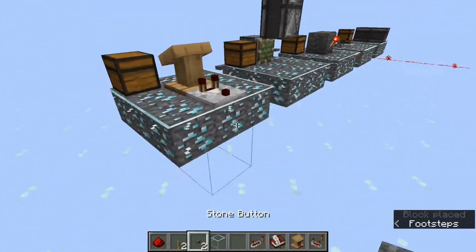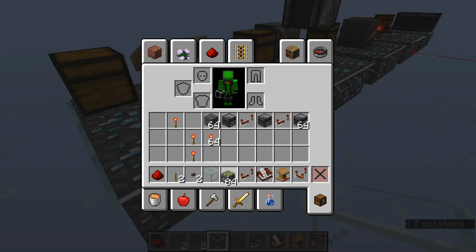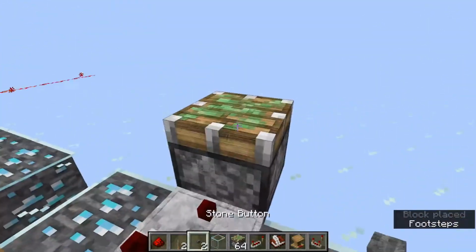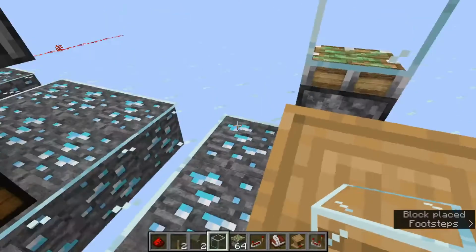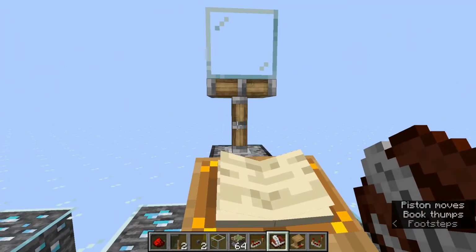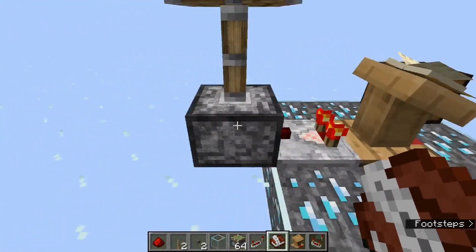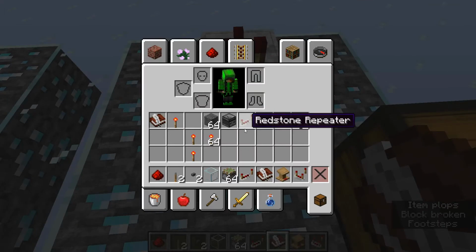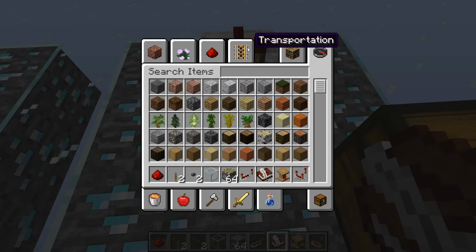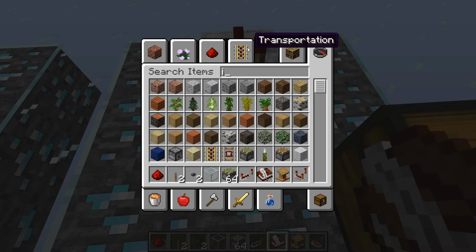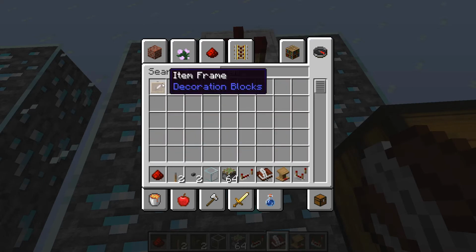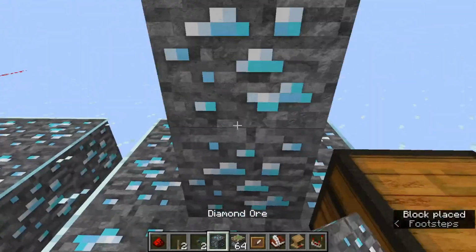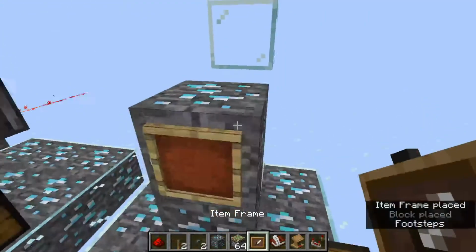So this is a really easy and great way to build some kind of trap or secret entrance. Basically, what this does is it says if I place a book on this, it's going to sense it. Ready? See, and it says, oh, that's a book. But let's say we want something a little more complicated. So if I go to a chest, or here, even better, an item frame, okay? I put this on a wall, and it has to be a solid block. It can't be glass or anything. And I put this here,